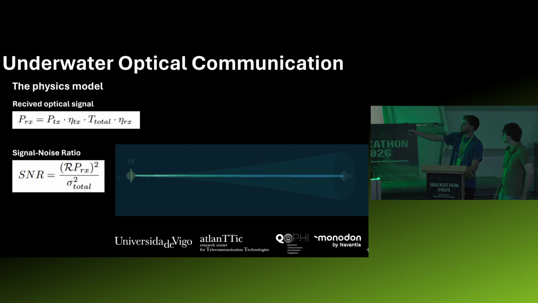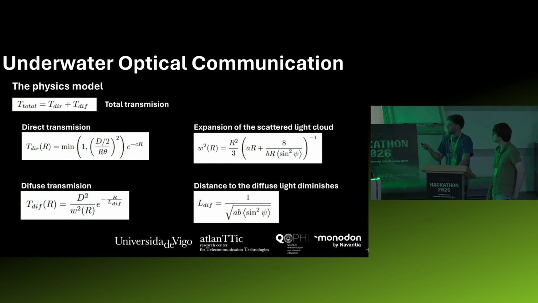To get the received power at the sensor, we use the power transmitted by the transmitter, the efficiency of the transmitter, the efficiency of the sensor, and the total transmission we are getting, which we are going to explain now. The total transmission is obtained from the direct transmission and the diffuse transmission that we could see in the image. The direct transmission is just the minimum, because it has to be less than 1, of the diameter of the optic lens of the sensor